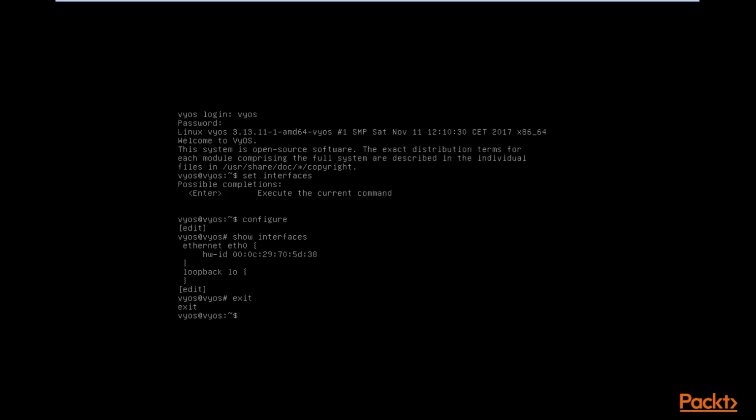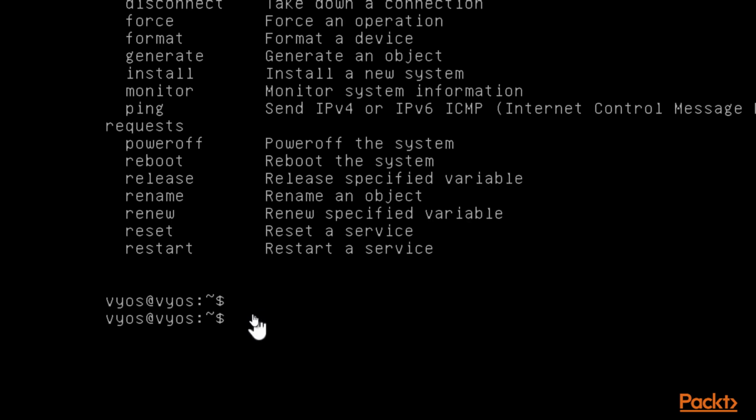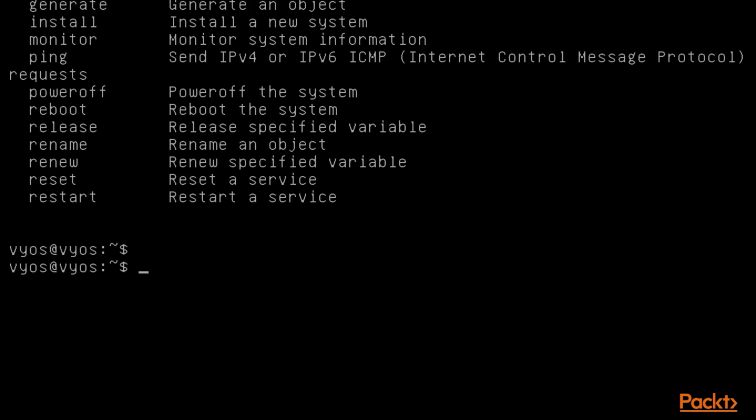Let me zoom it for you. We are right here, and if you want to come out of this window, because you can't see any cursor here, you can press Control Alt and then you can see the cursor. If you want to write something here, you can click inside the screen and then you won't see any cursor. Again, if you want to come out, press Control Alt and you will come out. So this is the process. I want to write something inside it, so I need to click inside the screen.